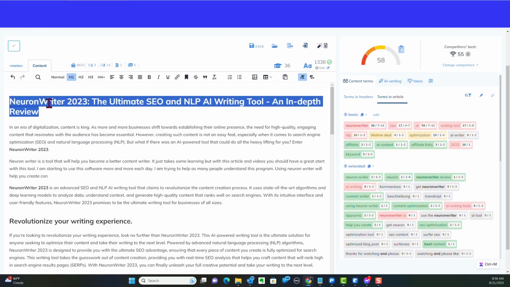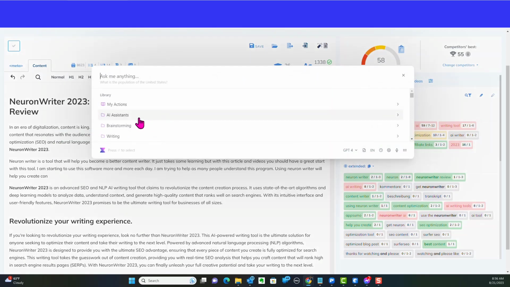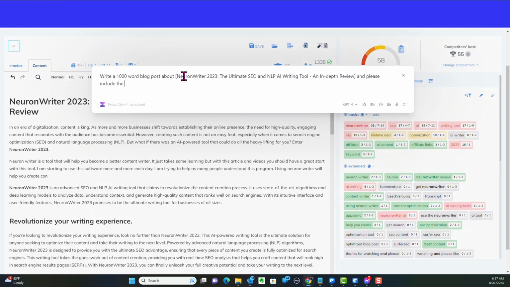So let me do this. Let me copy this first. Control M, writing blog posts. Write a 1,000 word blog post about, and then in brackets you're going to put in your article title. Now this is if you just wanted to move even faster. Please write a 1,000 word blog post about this, and you give them the subject, and please include the following